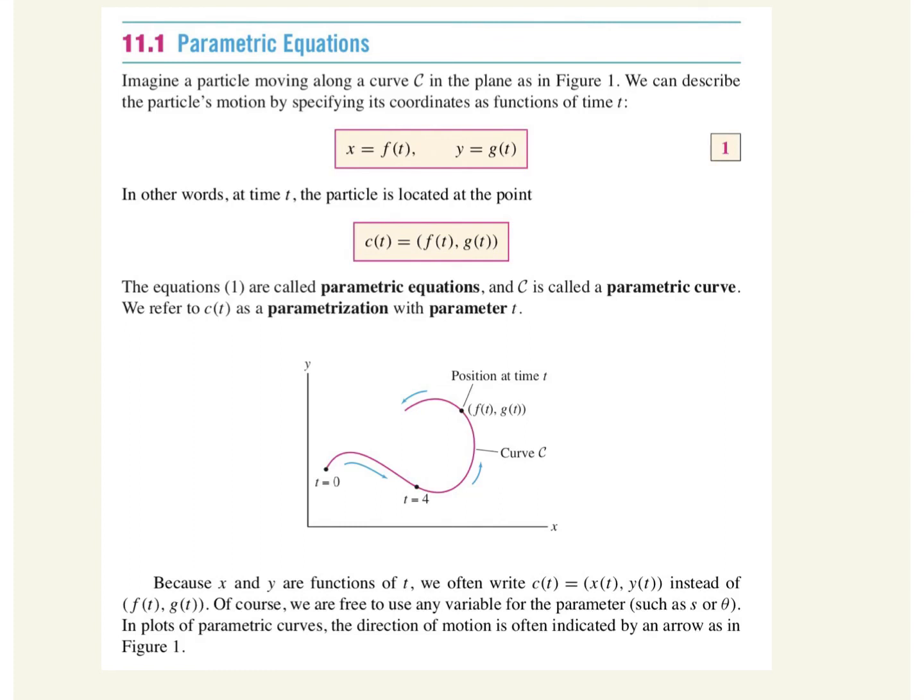So 11.1, parametric equations. The big idea here is it allows us to look at a direction. It allows us to see where something is physically going if we have a third parameter of a t. We could even do parametric equations in the third dimension or not. We're looking at x's and y's, but we are graphing the x coordinate and the y coordinate, both with respect to time. Okay? That's the most common. It could be done in a different fashion, but for us, it's just going to be done with respect to